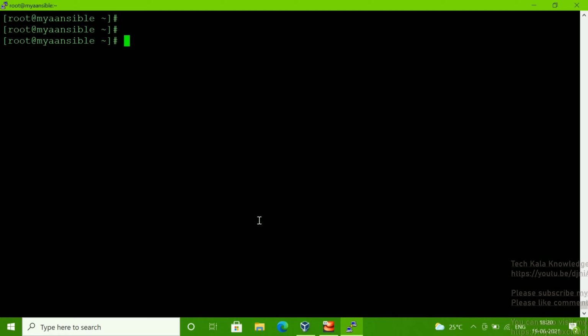So one more highlight: we can install through the RPM command also. When you want to install a package on the Linux operating system, you can install through the RPM command also. But I will explain in another video what the difference is between yum and RPM. So in today's video I'm going to show you only the yum command, and how to do all those things through it. And the RPM command I will explain in another video.